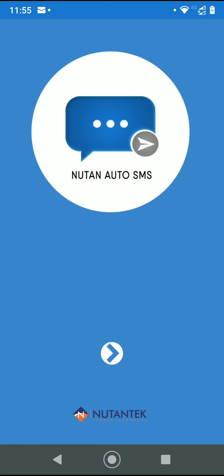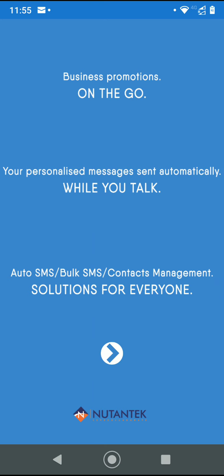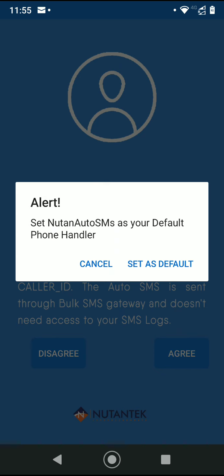So I want to give you a demo of the app, like how it starts. When the user downloads the application and launches it, this is the first screen that comes, a welcome screen. Then move on to the next. Again, some business slogans come here. And then on the third screen, we alert the user, do you want to set it as a default phone handler? If the user sets it as default, it works as a default phone handler. If the user cancels also,